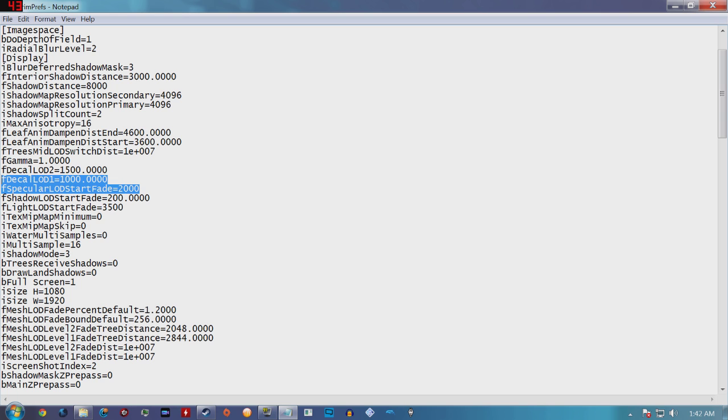Specular LOD. Now here is another one that can be zeroed out for a massive frame rate increase, but be warned, you're about to cause garbage graphics if you do this, because specular has everything to do with that wonderful thing we were dealing with back in the Dunia engine,